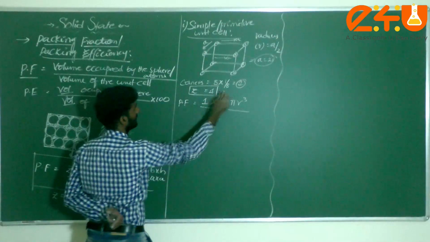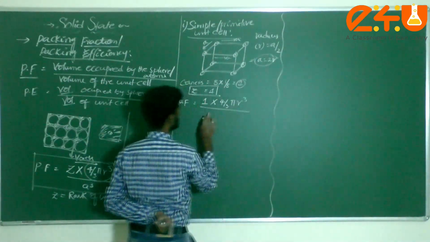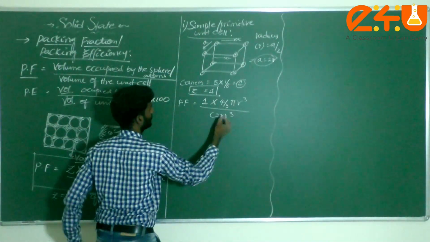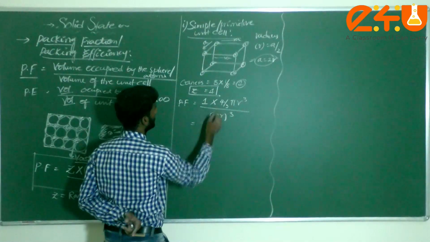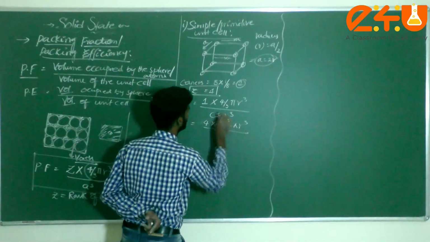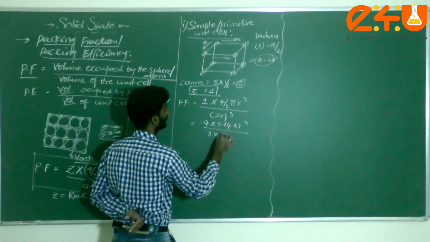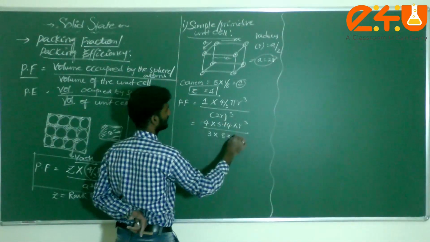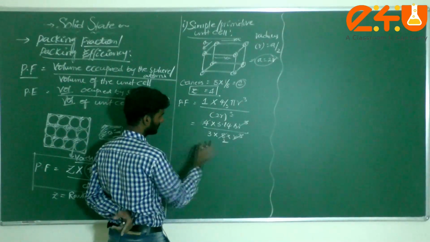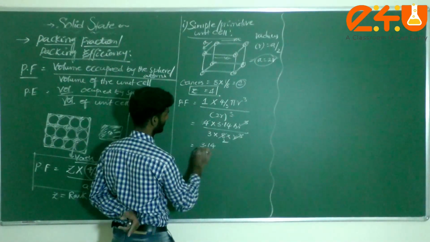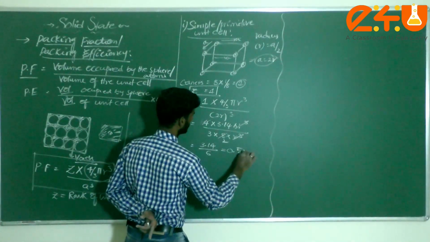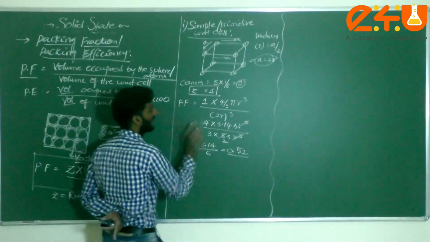Am I correct? Now if a is equal to 2r, I can substitute here for a cube, 2r whole cube. That implies 1 into 4 into 3.14 into r cube, divided by 3 in the denominator, into 2 cube, 8 into r cube. R cube is cancelled here. 4 or 8, how many times? 2 times. That implies 3.14 divided by 6, approximately